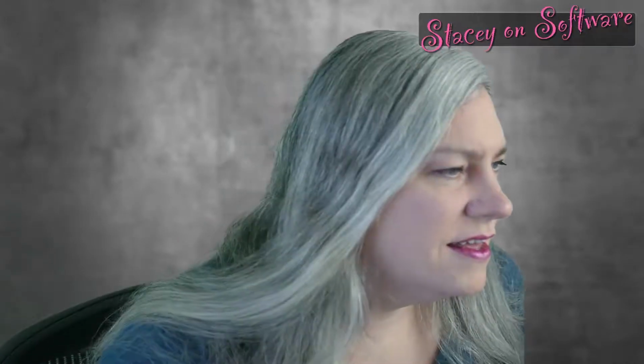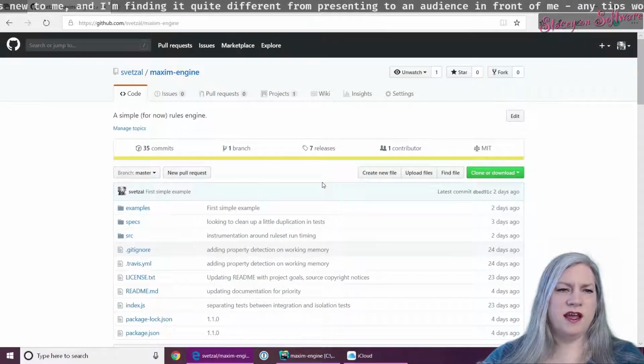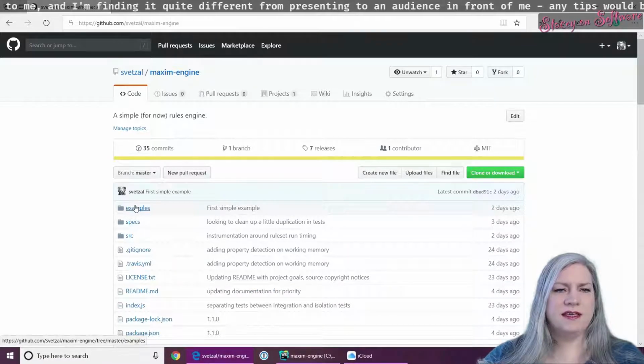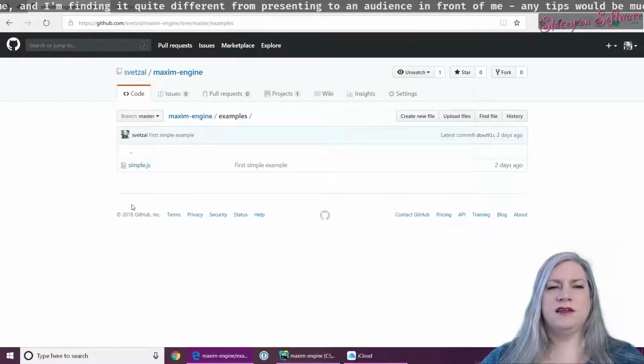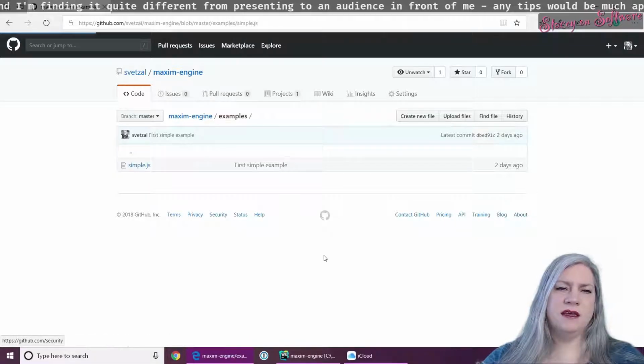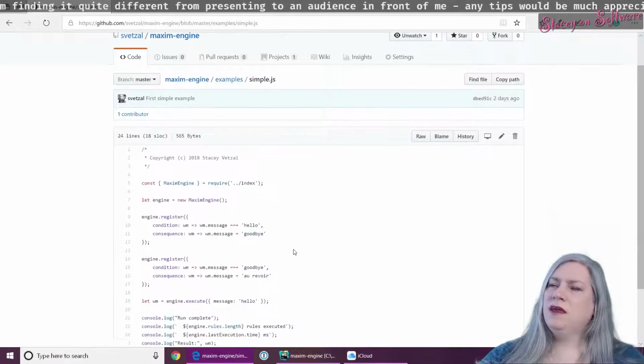All right, getting ready on this lovely Sunday afternoon to do a little bit of coding, and I'm not sure what I'm going to get into today. Going to continue working on the Maxim-Engine, and it's going to be, I think, towards more practical examples. At the end of the last stream, I just started out. I added this examples folder. And it's got a really simple example in it, and it kind of got me